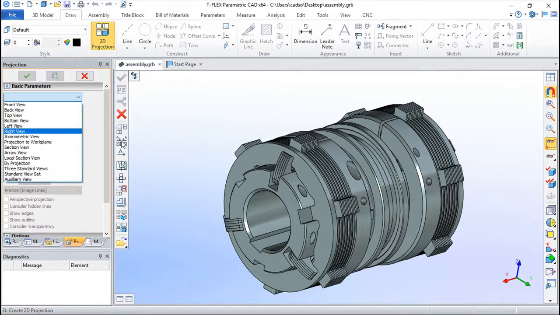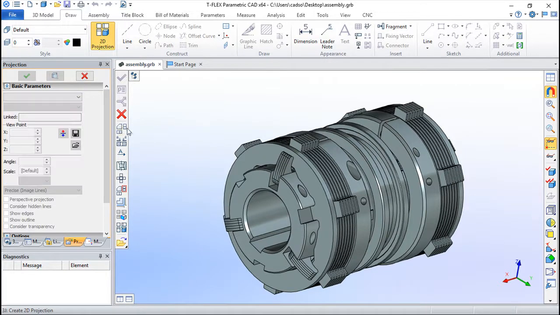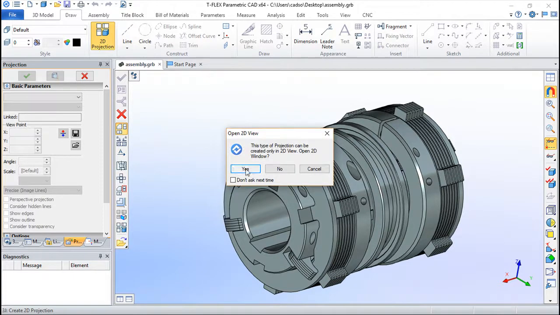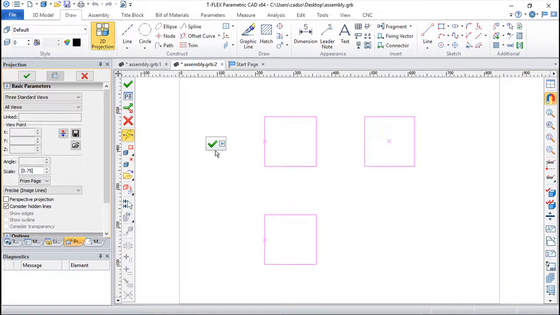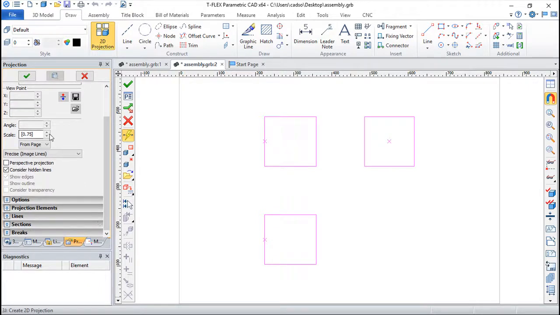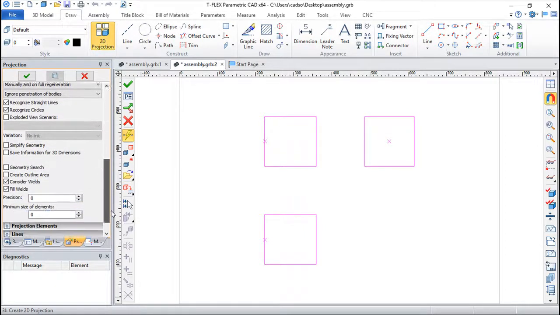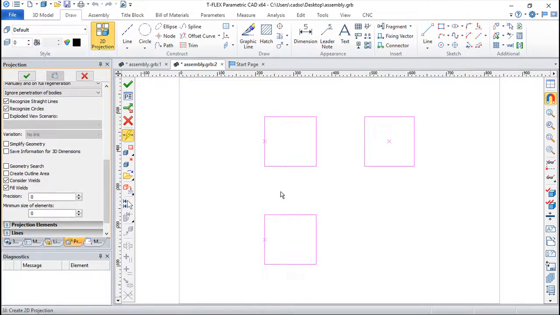As we can do immediately also the three standard views, like in this particular case, three standard projections. And basically for all the projections we have always a lot of parameters for options, like choosing which geometry, if we want all the geometry,